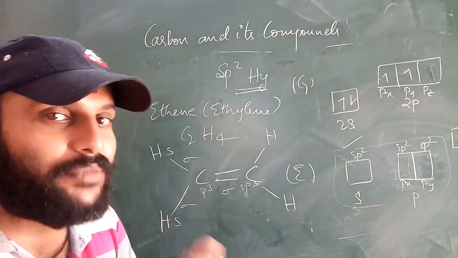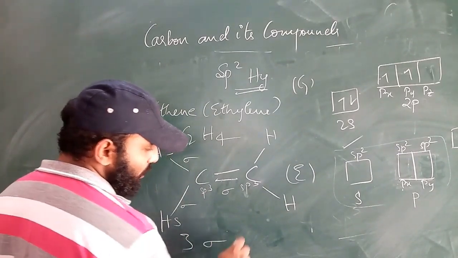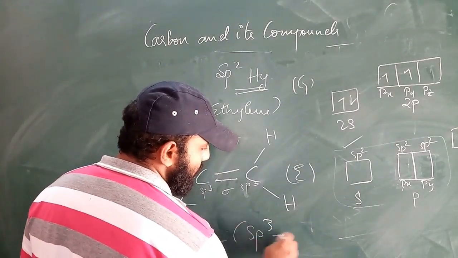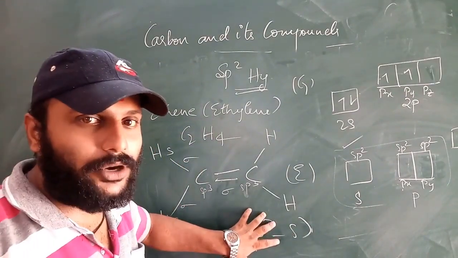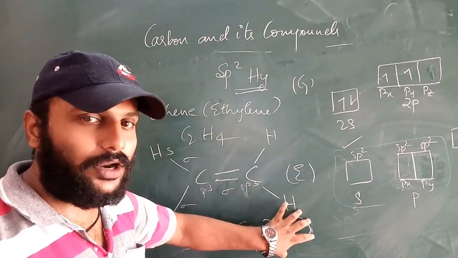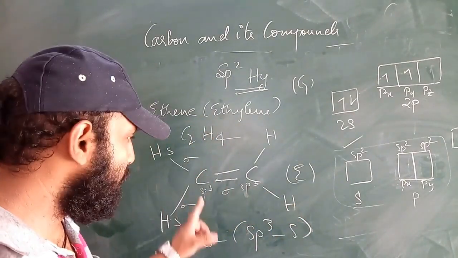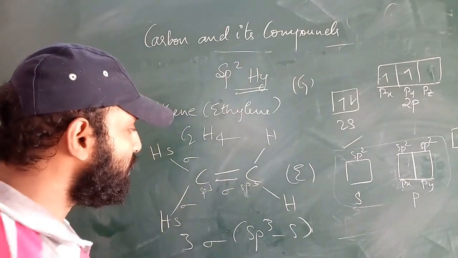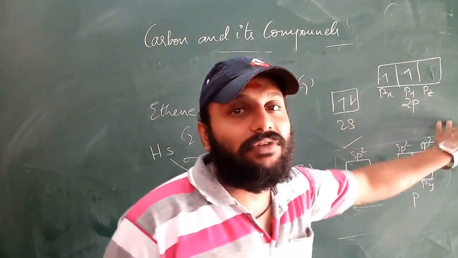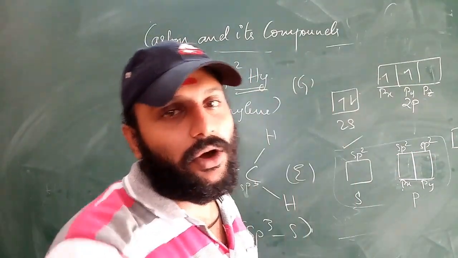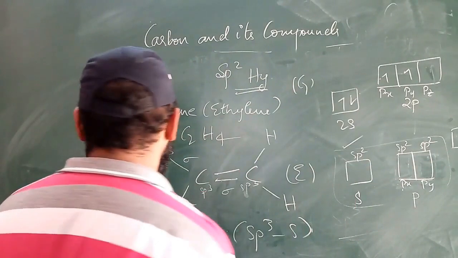So how many sigma bonds are formed here? We can observe 3 sigma bonds. The sp2 orbitals are the hybridized orbitals of carbon, and s is the orbital of hydrogen. The 2 hydrogens make bonds with the hybridized orbitals of carbon. The unhybridized orbital will make a bond laterally between the carbons. Laterally means sidewise. I will draw it here.